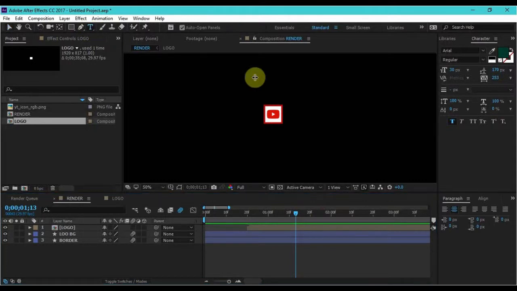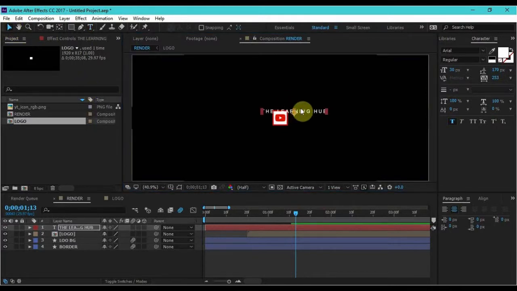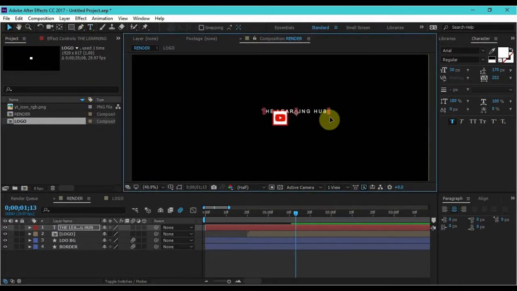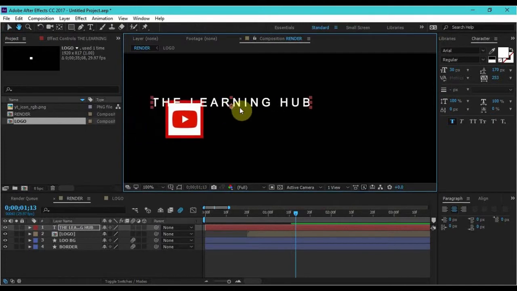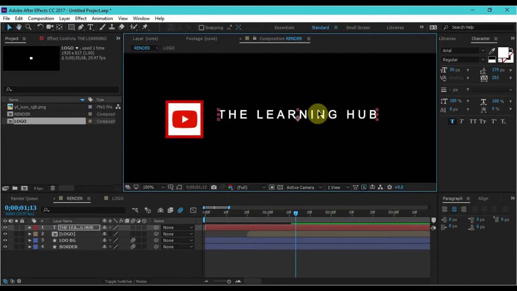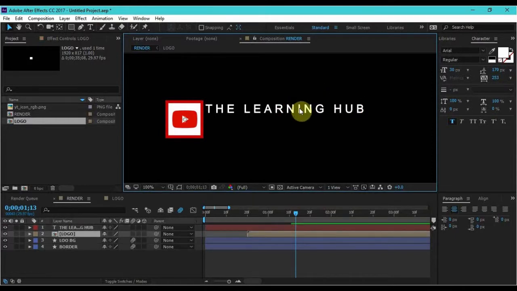this button, this tool, and click here. Okay, then type your channel's name or whatever you want to type. I'm just going to type in here the learning hub and select it and position it wherever you want to position it. Sorry for the slow computer, you guys can understand I think. Yeah, okay. Then position the text, and once you're done this,